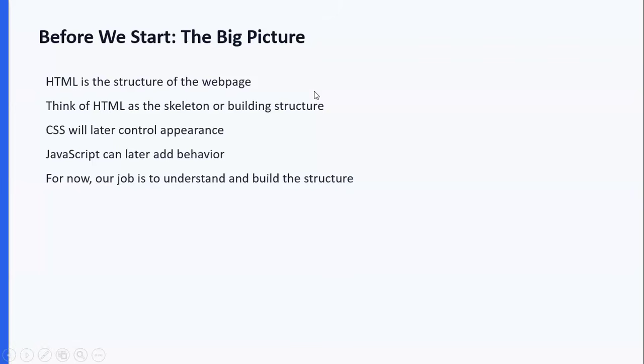So the first letter there is H, which stands for hyper. Hyper means something that can connect or link to other information. Okay, let me give an example.